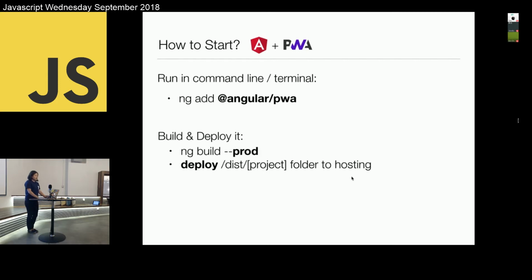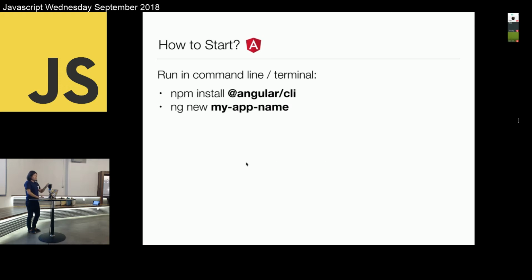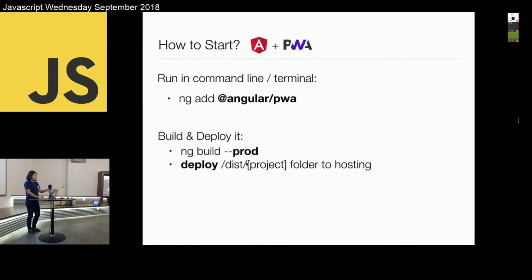After that, to make it a PWA, to add the PWA features, you just run ng add @angular/pwa. Then you get very basic PWA support in your Angular application. Then you just build it. It will generate a set of files for you to deploy to the server. Then you just deploy the whole folder to your server anywhere. Then you get the application. Okay. So after running these 4 steps, npm install CLI, ng new, ng add, and build and deploy,